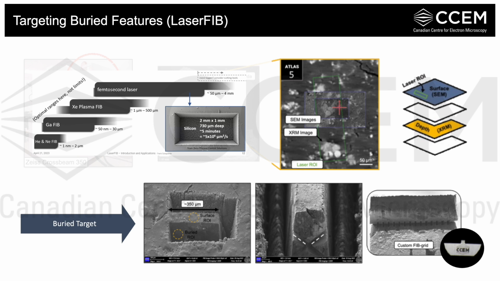So using the laser, we can quickly prepare large trenches. So in this example here, our lift out's about 350 microns by 70 microns and about 100 microns deep. And the laser ablation process for this took only a few minutes. So once this is done, we can then take it to the PFIB and use that to create an undercut, extract it from the surface, and then attach this large volume on top of a custom grid. And this is also an advantage of the laser system, is that we can create these custom grids, which can then be used across different instruments for different purposes.